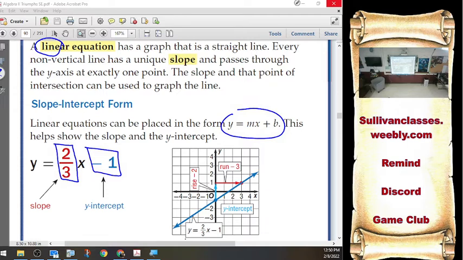What I would like you to write next to this instead is y equals rise over run x plus,